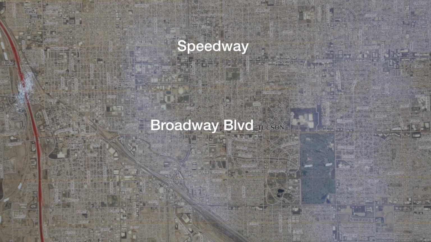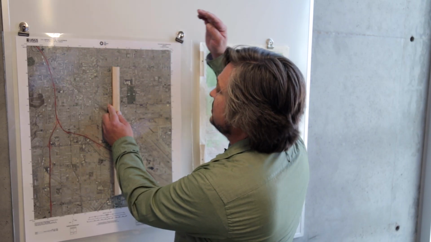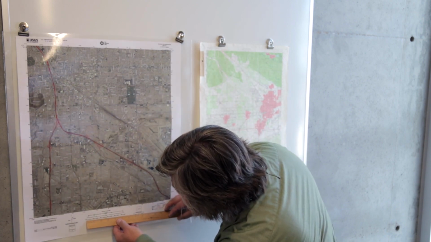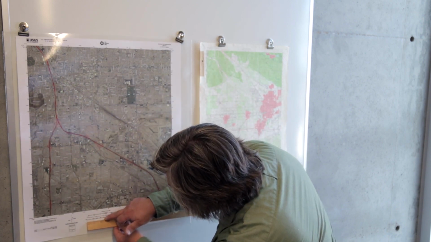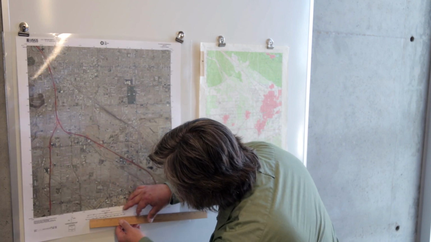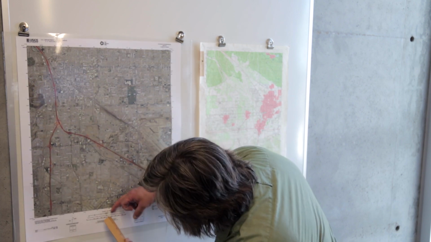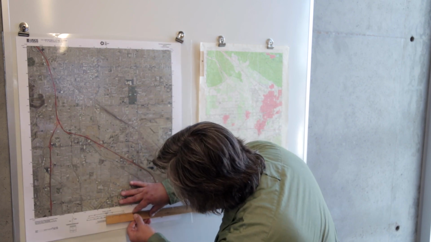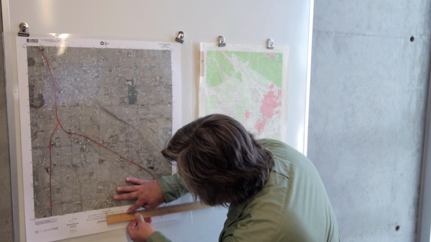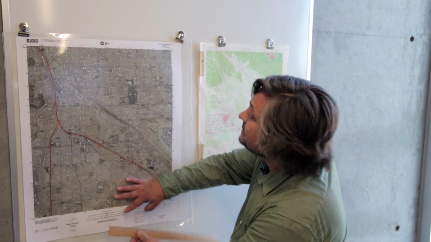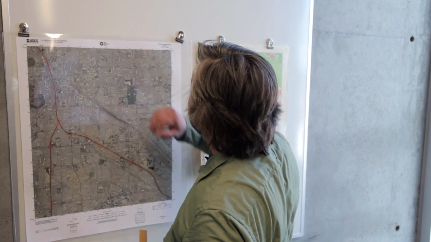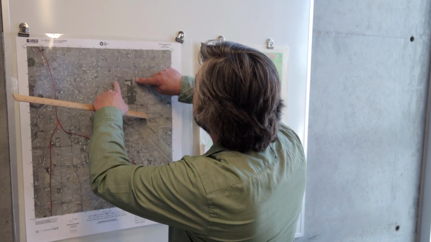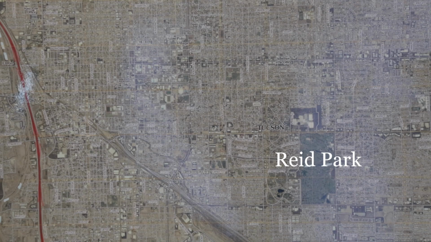So if it's 1 mile, it's 2.5 inches. We go down here, 2.5 inches is right there, is 1 mile, or just a little less than a mile. So that's where your grid is. You can spot it east to west, right here to here, and you can see how Reed Park itself is